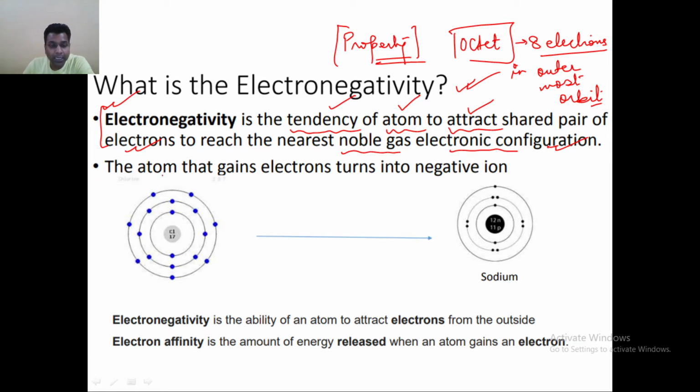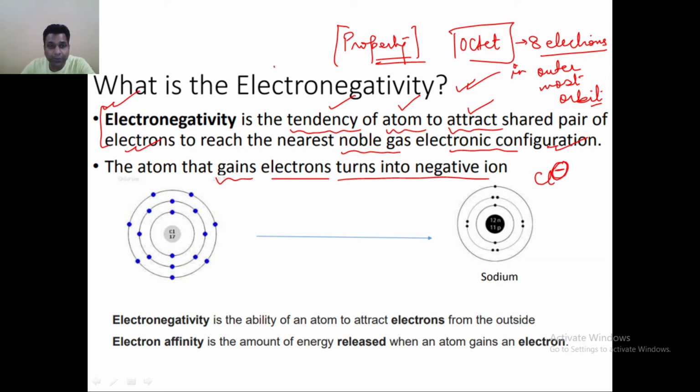So now in this case, try to understand, the atom that gains electrons turns into a negative ion. This is a very common thing we understand, and we have also learned it in basic mathematics, that if we are taking a borrow, we use a kind of borrow word. The same thing is here, but in terms of a negative ion, a negative sign is there. For example, you might have seen Cl minus. So this minus shows what? This minus shows the ionic part, that it has taken one electron.